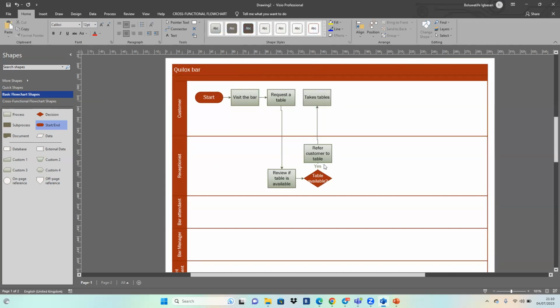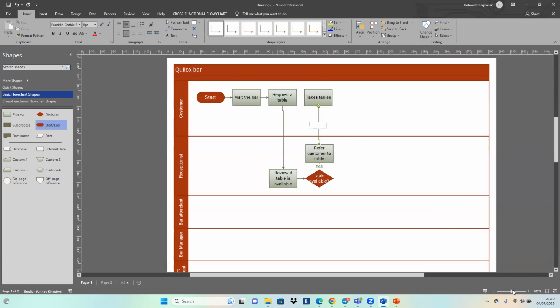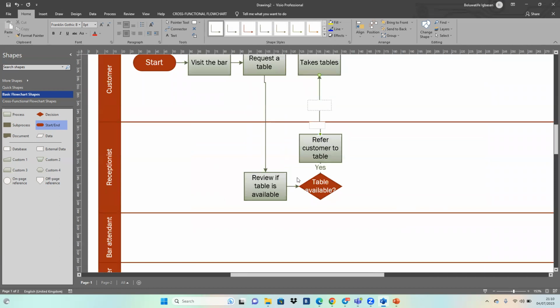Okay, this is the yes. You see, I've written yes. You just need to double click on the arrow. There's a small box that will appear. Let me increase this just so that you guys can see it better. Every time you double click on the arrow, a small box shows. So when you have done yes, you have to do no as well. If it's a no,